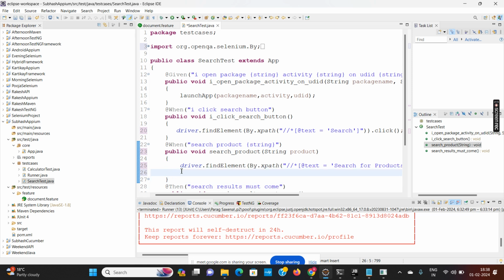And then I will use the Actions class for clicking enter. Actions a is equals to new Actions driver.